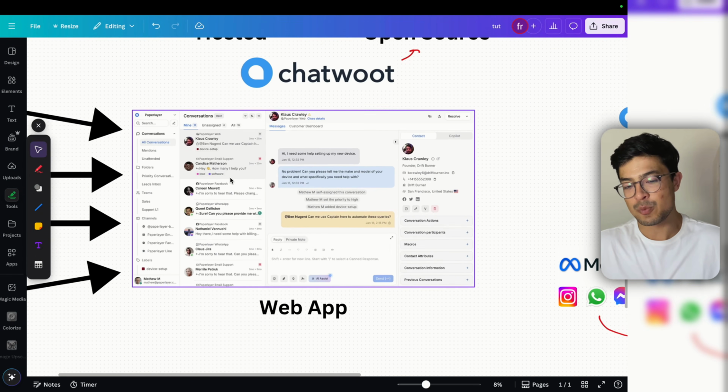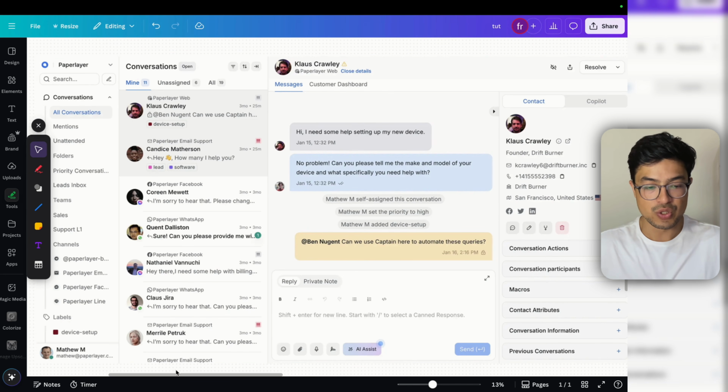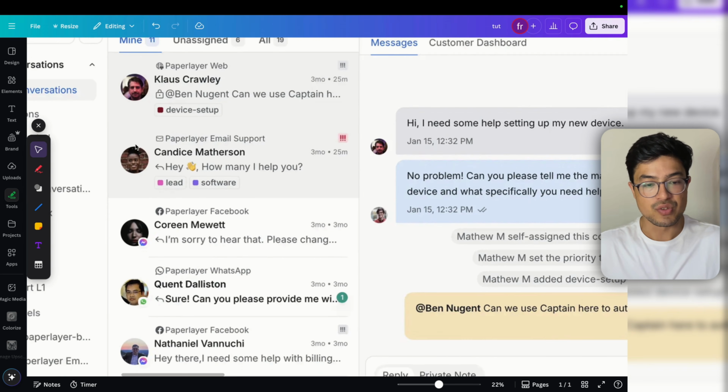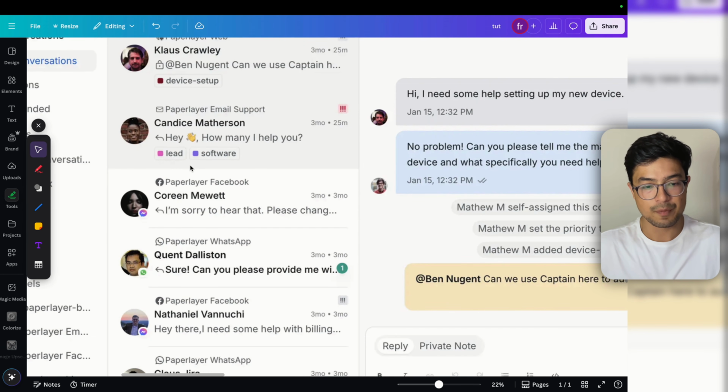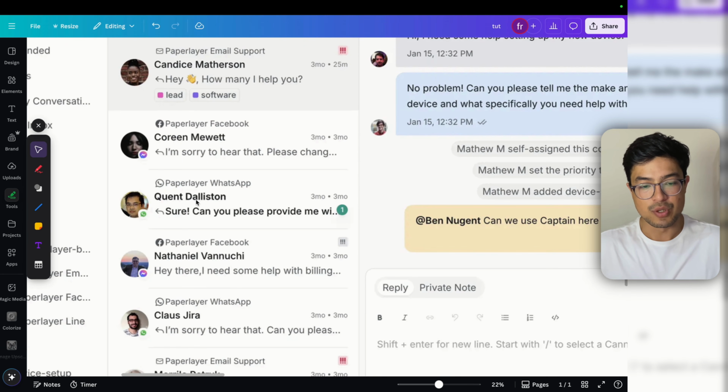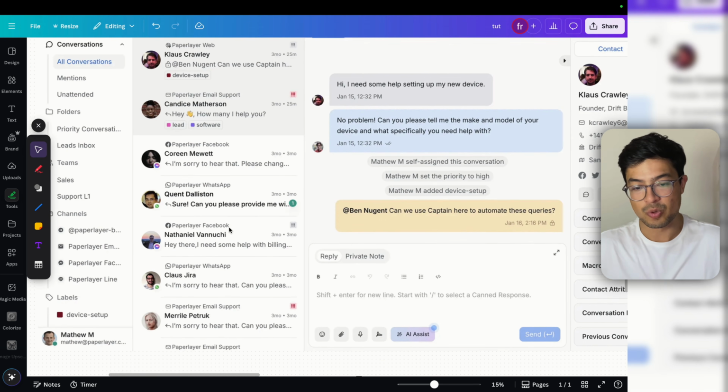Let's dive right in. Well, you might be thinking, what the hell is Chatwoot? I think the best way to explain it is by showing you a screenshot of the platform. So you see here the conversations we're having with some people. You can see here Klaus is coming from the website, Candy's from email, Facebook, WhatsApp, and hopefully you already understand